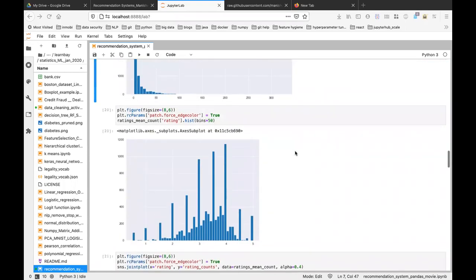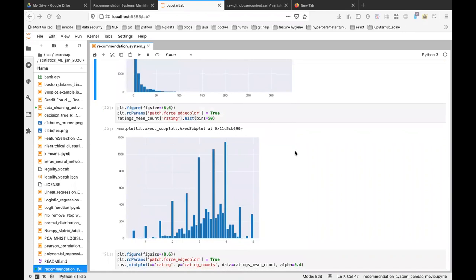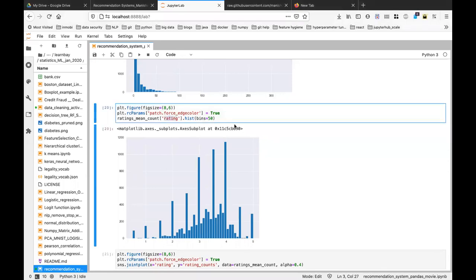As for the ratings that people have given, this looks more like a normal distribution. Very few movies have been given a rating of 1, and very few movies have been given 4.5 and 5. But the majority of movies in between have been given ratings of 2, 2.5, 3, 3.5 and 4. You can see this with the help of the mean count, which shows the count for each rating type.